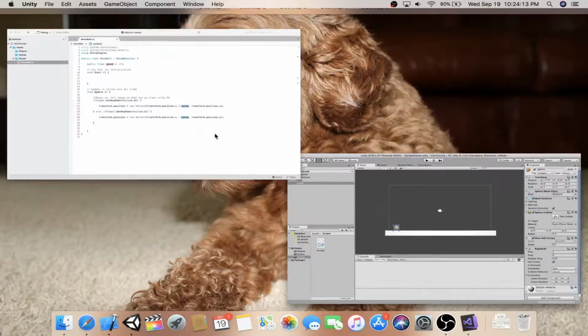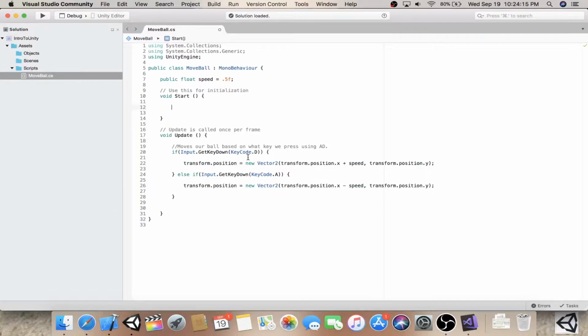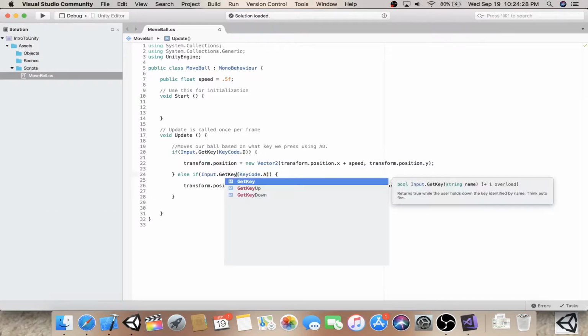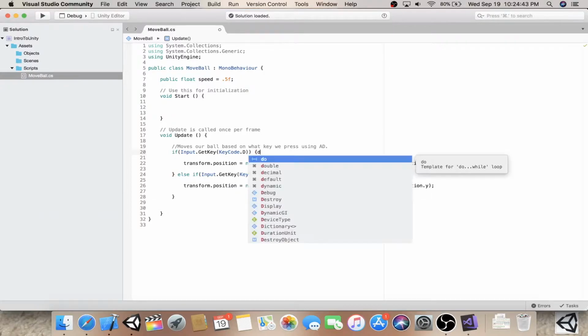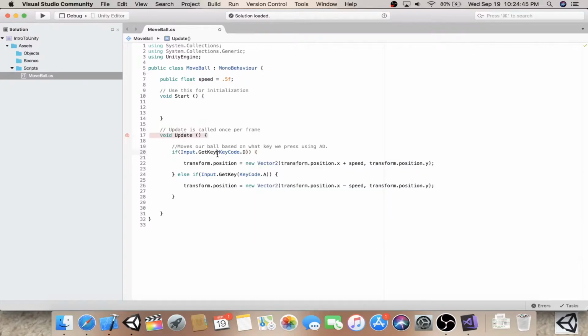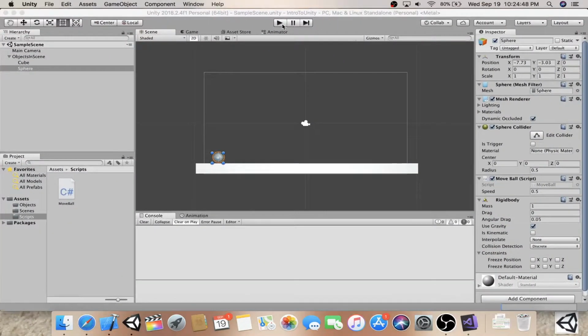And if you guys actually went over the docs like I asked at the end of the last video, you'd see it's actually a pretty simple fix. All you have to do is get rid of this "Down" word right here and just say GetKey. Because what GetKeyDown does is it'll register every other key tap that you have, and GetKey gets the key no matter whether it's held down or pressed, while GetKeyDown is only when you press it initially. So now, if you save this, then go back here,